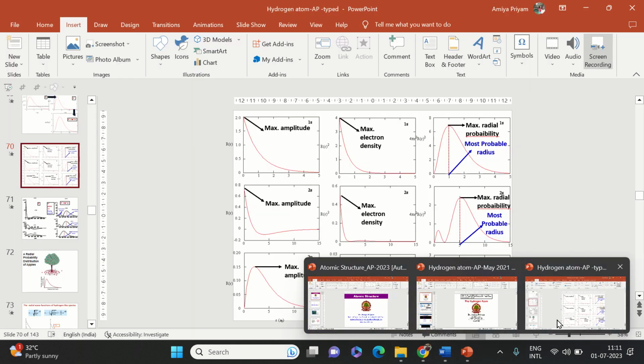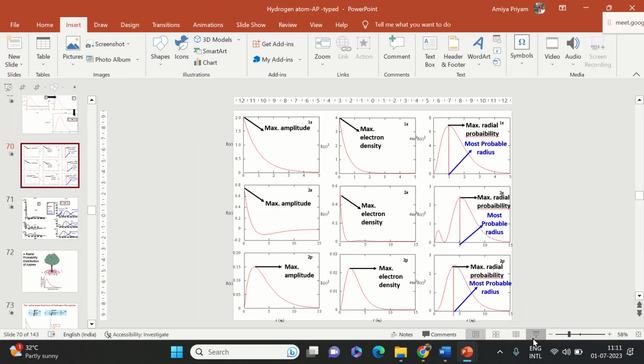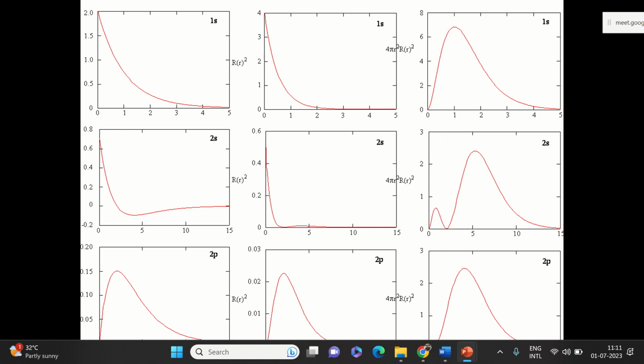Good morning. We have been discussing radial wave functions in the last few classes, और इसी को बहुत अच्छे से समझने की कोशिश हमने की है और